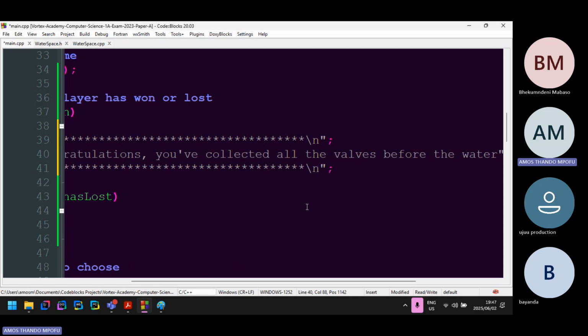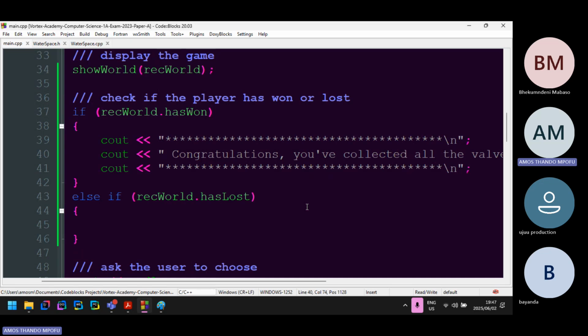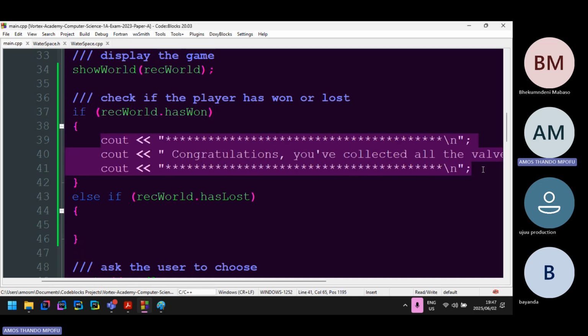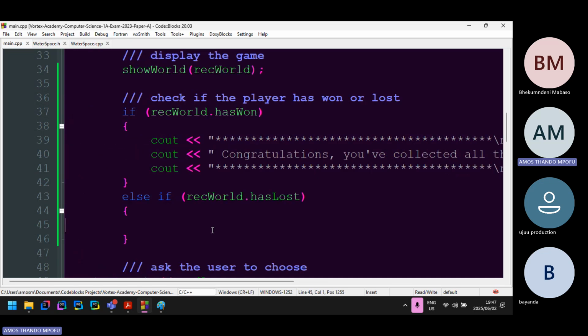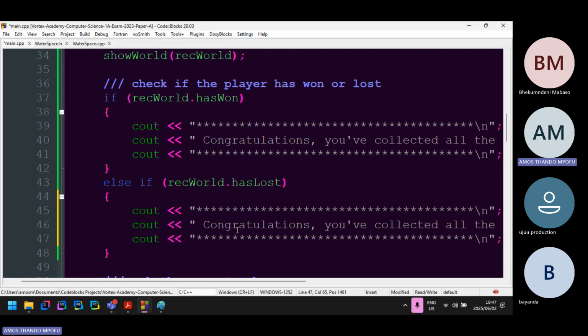When it starts looking like a sentence, just know you're on the wrong track. Just say you've completely collected all the valves. That's it, done. Don't add more information. That's sufficient. Then the other one is something similar, but now you're gonna say, unfortunately,